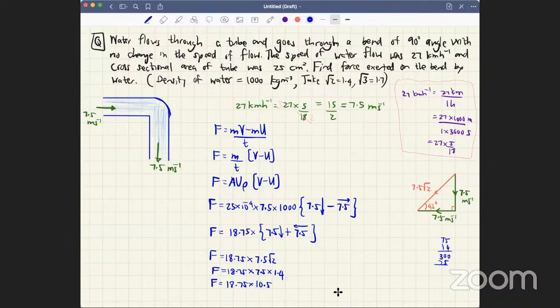Yep, 10.5, and then I have to multiply 18.75 by 10.5. 18.75 by 10.5. 5 into 5, 25, 2 balance, 7, 3 balance, 3, 4 balance, 9. Nothing here. 5, 7, 8, 1. I'm getting 5, 7, 8, 6. I'm getting the final answer, which looks like this: